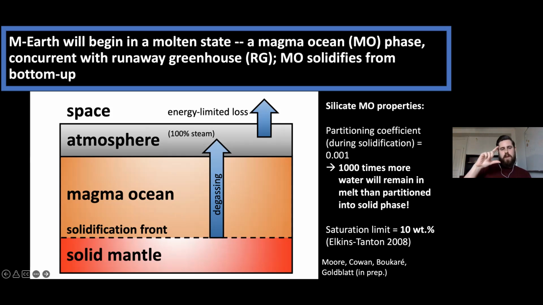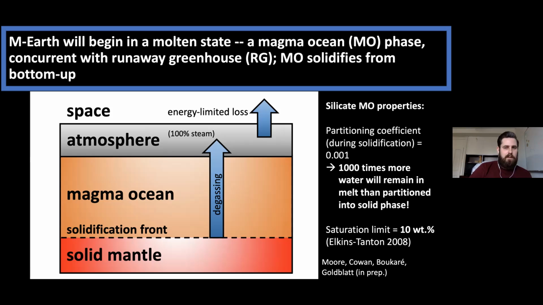And so there's a point where the magma ocean becomes thin enough that it is saturated with water. As you can see, the saturation limit is very high for water in a silicate melt of a magma ocean. We have it set as about 10 weight percent. So when 10% of the weight is water, it will be supersaturated. When this occurs, the magma ocean is able to degas water into the atmosphere, and it'll continue solidifying from there, and anything above saturation from that point on will be degassed into the atmosphere.